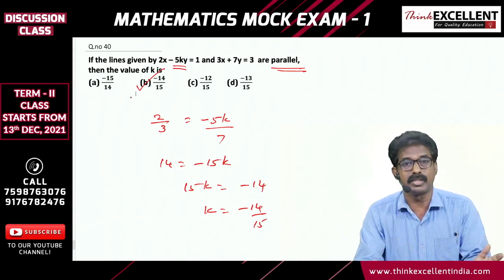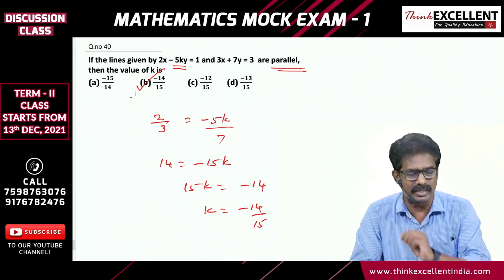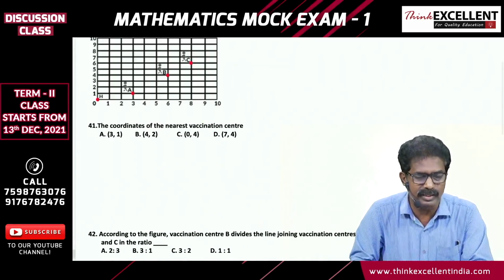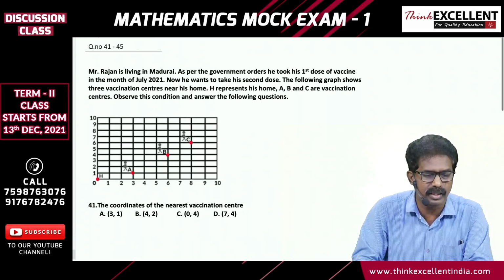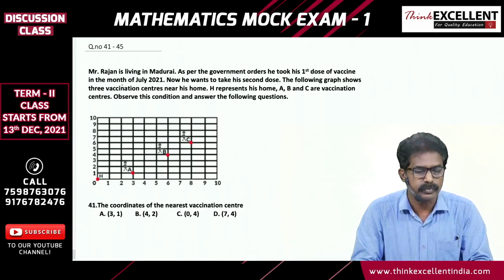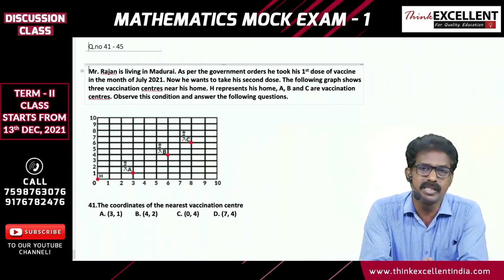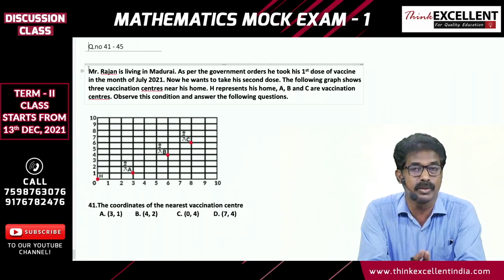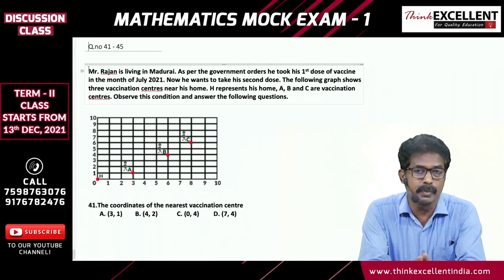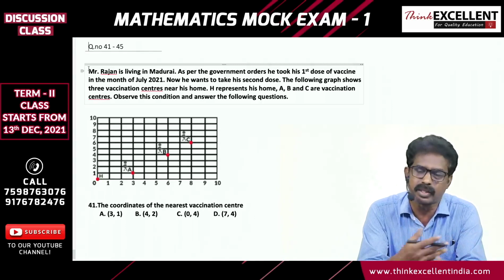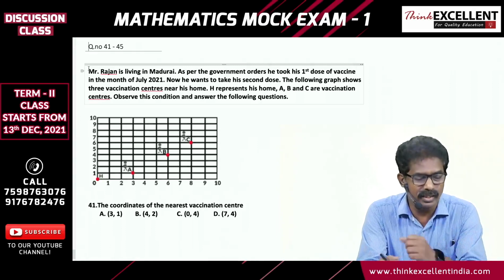So 20 questions, but you are supposed to write only 16. Definitely, easily you can select 16 questions. Okay, now see the first case study question. Question number 41 to 45. So here totally 2 case study questions, 5 plus 5, 10 questions given, right? You have to answer any 8. Suppose in the first case, you know all the 5, you can do so. The second you take 3, right?